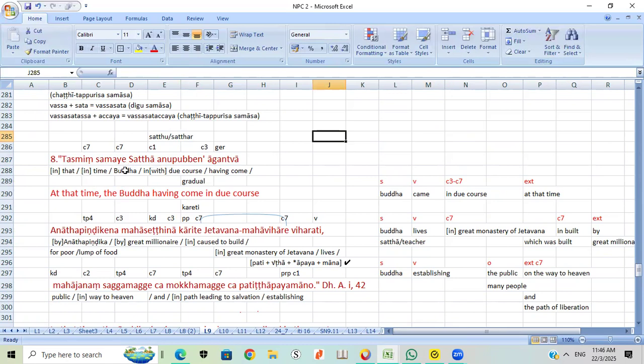This is satu satta Buddha, teacher. Then this one Ena is with due course, and then this is having king. Okay, you see this one. This is what I put in because I can. Otherwise, the subject, the teacher. Technically, it's the teacher. If you don't, technically it's the teacher came. The teacher came. So here,